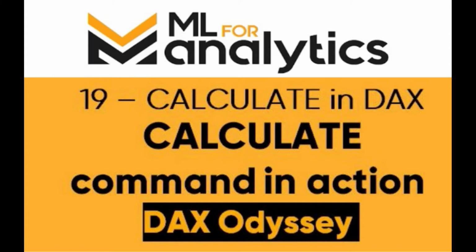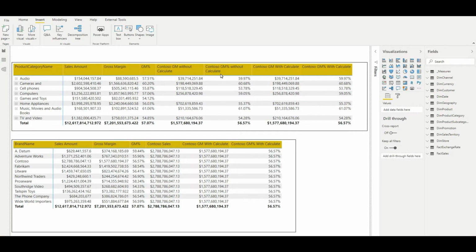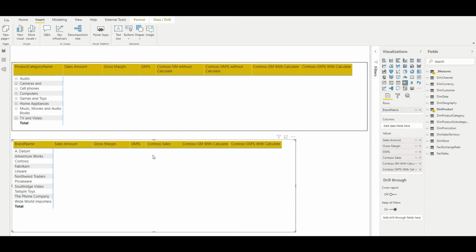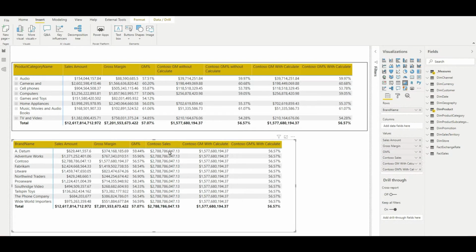So let's get started. So friends, as you can see on your screens, I have opened the Power BI desktop now and you can see the report view, and we are using the same demo which we used in the previous video while introducing the calculate and the calculate table command. Now in this video, I have just made a few tweaks in the demo itself. So the first table is the same. In the second table, I have added 3 more measures. We'll talk about it later. So in this video, as I mentioned, we are going to know more about the details of the calculate command and how it actually calculates the expression.